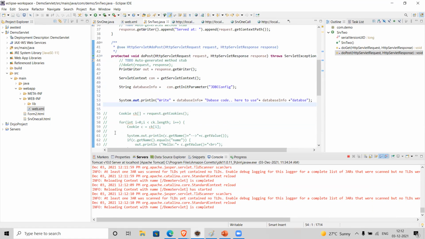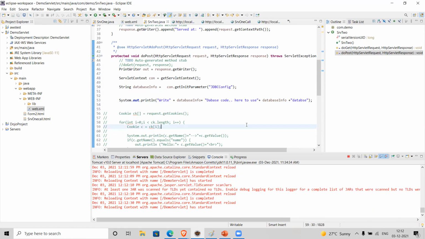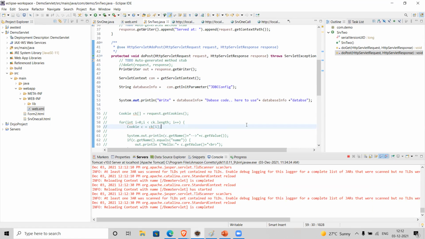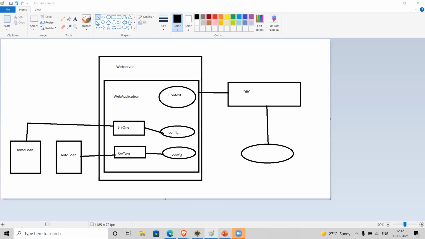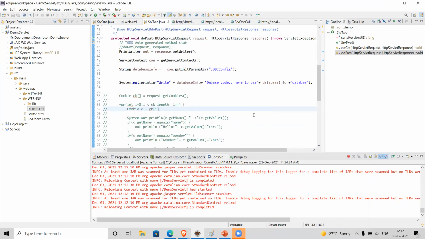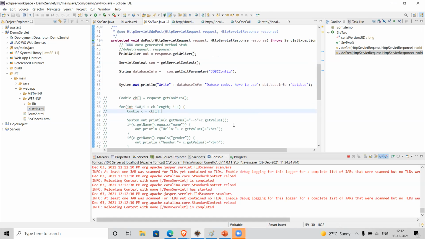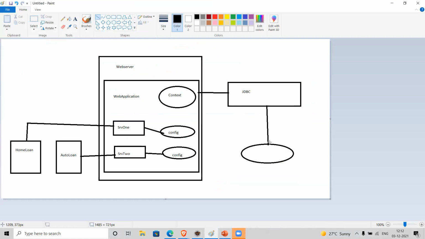Why do we need to do this in both the servlets? So here, this is an example, that's why we are not writing any code to establish a connection with the database. Ideally, in SRV1, I want to verify whether that user is available in the database or not.